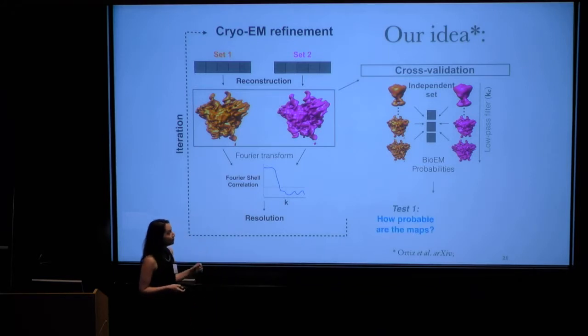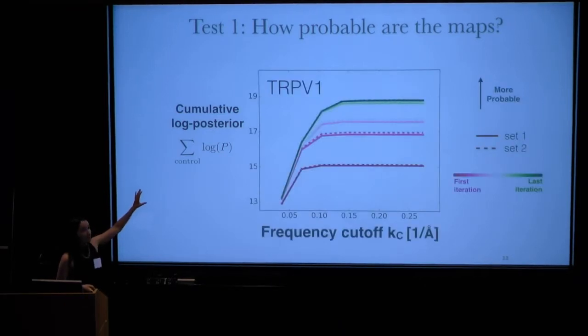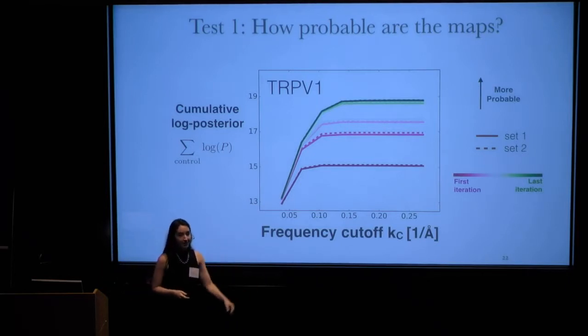And so the first question that we ask ourselves is, how probable are these maps? And so here, what I'm graphing is the cumulative log posterior. So basically, the sum of the posterior probabilities over the control set of the particles as a function of the frequency cutoff